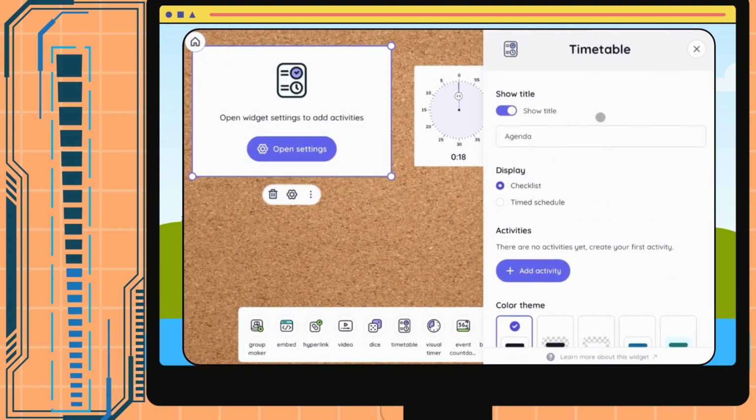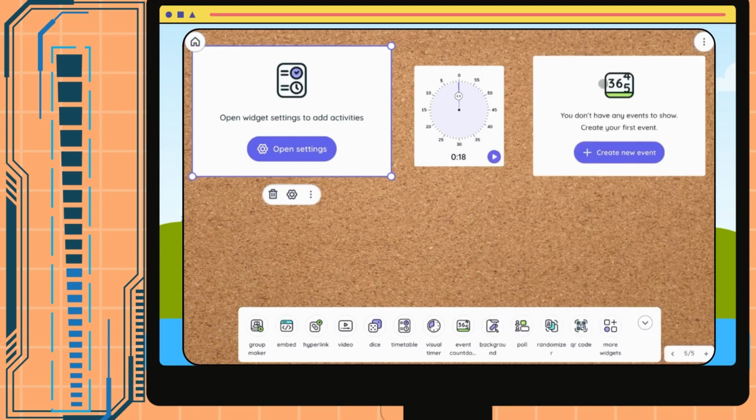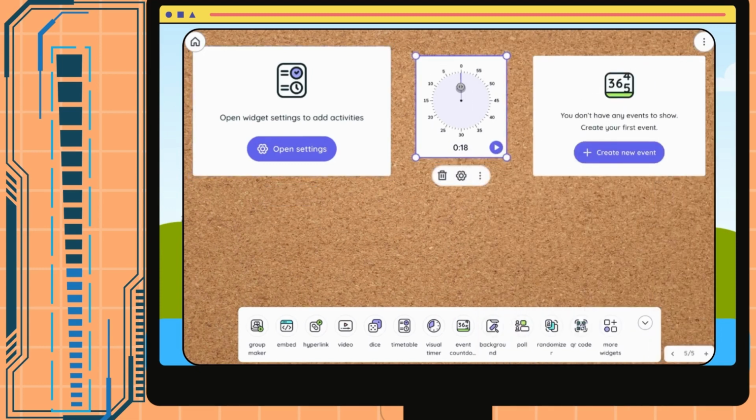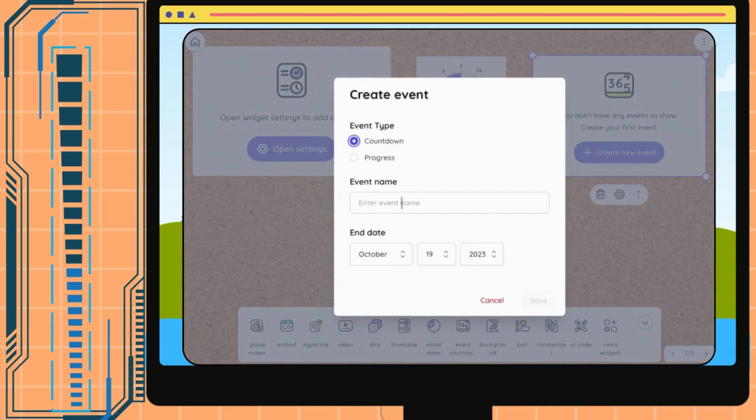Next, I will go ahead and discuss the visual timer, which is great for students who need visual aids as far as countdowns to certain classroom activities, possibly agenda to-do lists. Great for that. And lastly, the event countdown timer, which I had mentioned earlier, is a great way to show